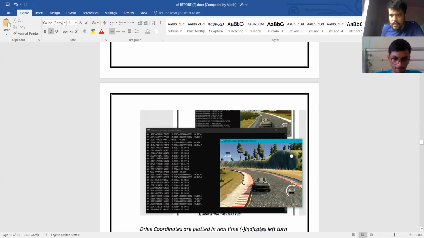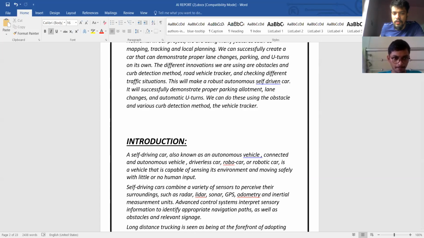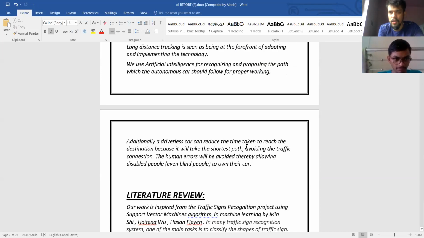Now, I'll be explaining how we were able to train the model for the self-driving car. For the self-driving car, we had something called the Udacity simulator. I'll be sharing the screen later. What we do is we take the car and simulate it manually using the keyboard keys, and we drive the car for 3 laps around the whole track.